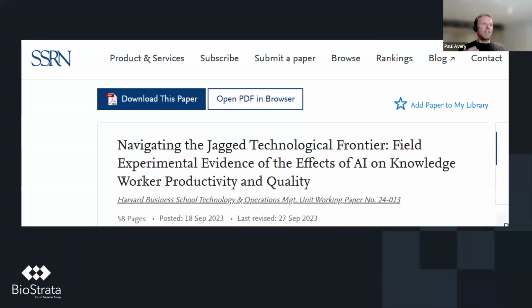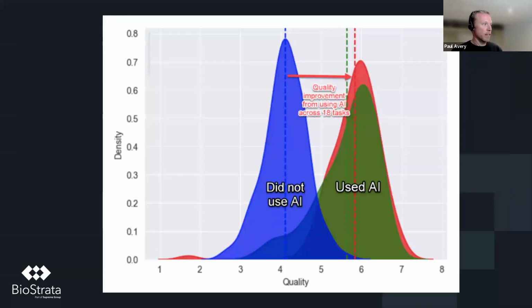But what's really interesting is there have actually been some studies trying to assess whether or not people who use tools like ChatGPT genuinely get any benefits. And in this study, at the end of last year, it was done with Boston Consulting Group, where they basically created two groups of consultants, both working on a fictional project. They worked on the same project, and they gave one group ChatGPT with no training, and the other group wasn't allowed to use ChatGPT. And as you can see, there was a significant increase in quality in the work of the team that had ChatGPT and were allowed to use it. Here's the data here. So you can see that shift to the right there in terms of the team that had access to ChatGPT.